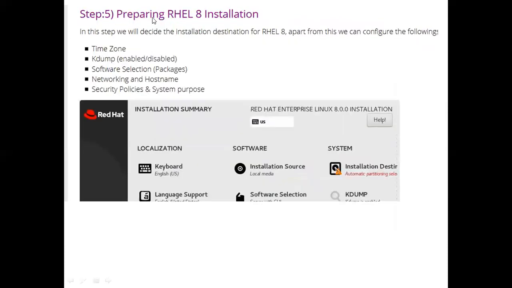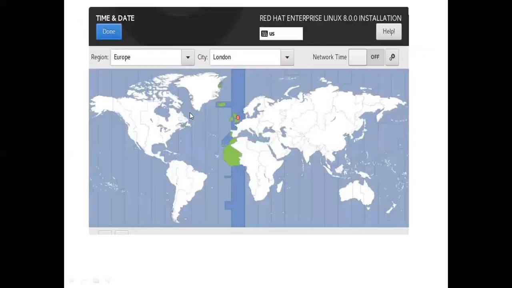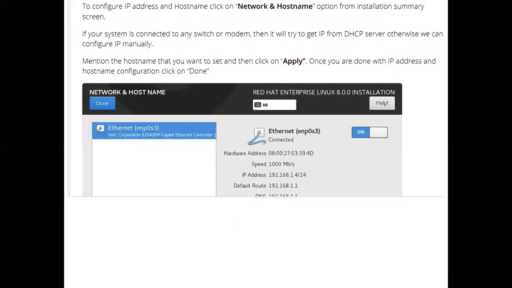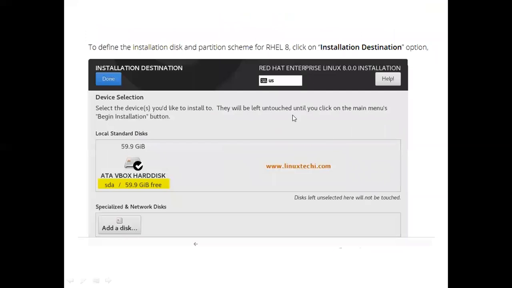After preparing the RHEL 8 installation, we need to configure the time zone, keyboard, software selection, networking and host name, security policies, and system purpose. You need to properly configure all these sections. You need to configure the time zone, in which state it is located, and you need to enable the Ethernet. To configure the IP address and host name, we need to configure that particular IP, and we need to